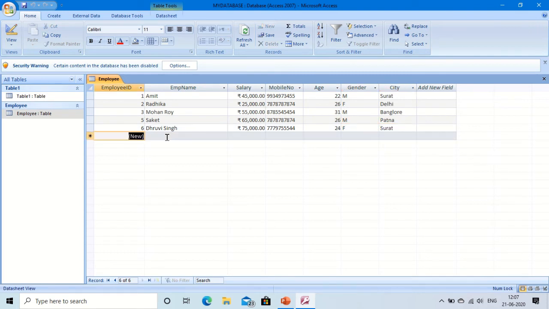I want to insert one more record, suppose Sanjana. There is a Sanjana employee and her salary is 85,000 and mobile number is, I want to give this mobile number. The age is 26 years, female, and the address is Delhi. And so that is the way to add